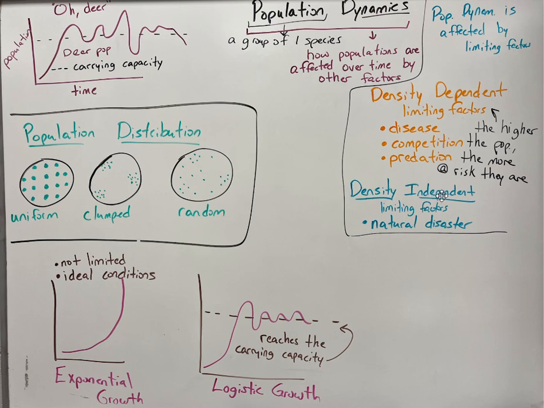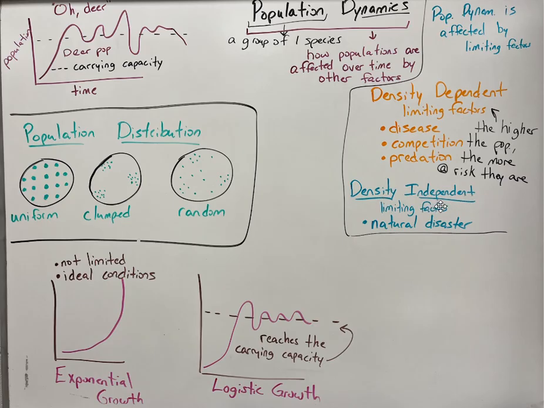If the limiting factor is, let's say, a hurricane, when a hurricane came through Valdosta, the hurricane was not drawn towards Valdosta because of how many pine trees there were. If there were fewer pine trees or more pine trees, it would not have affected whether the disaster happened. So density independent means